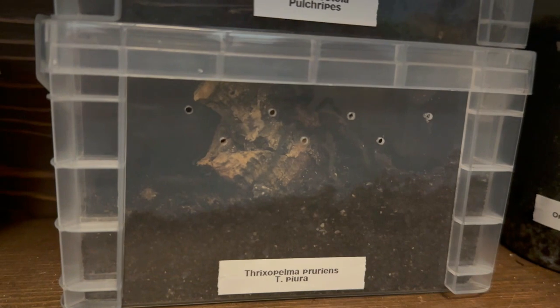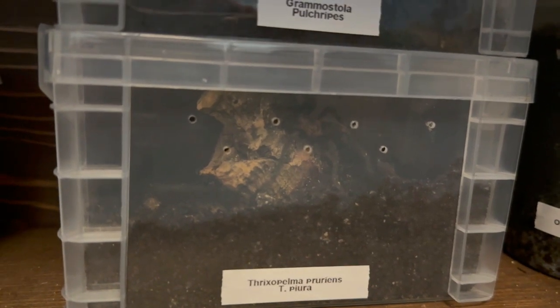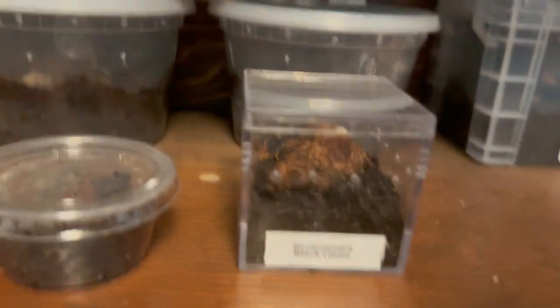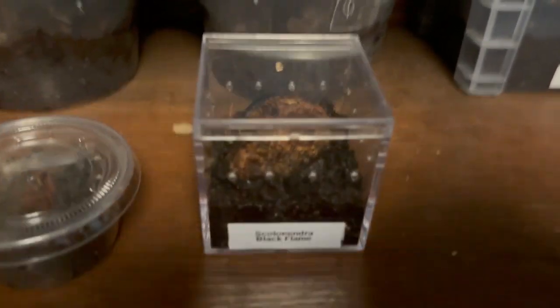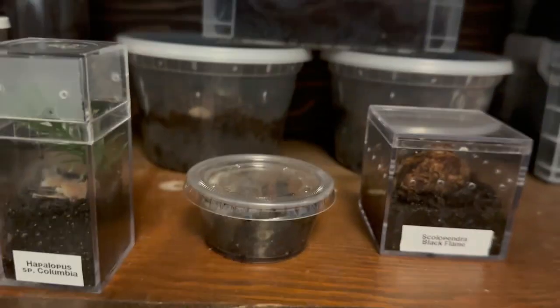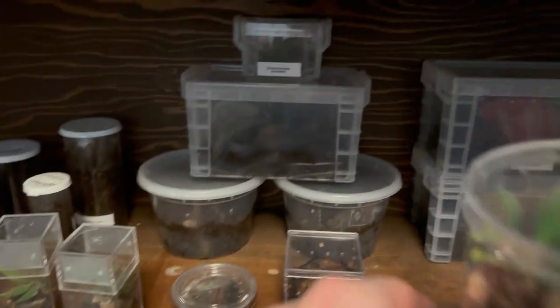Purins, this was sold off as T. pura, but they've done some describing, which is awesome for the hobby. Up there I have a Beeratum sling, another centipede, Scolopendra Black Flame. This is the baby Uwataman, which will need to be rehoused. Put those guys back. And then all my other babies, these are all slings. They're all